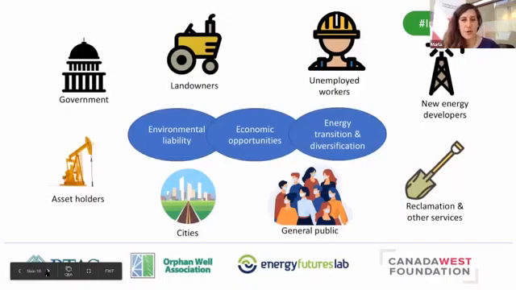As we saw in that first poll, there's a lot of diverse interests, all of whom have some angle on this problem. In my mind, there are sort of three buckets that people's interests cluster around: the environmental liability and making sure that things get cleaned up and that the financial liability that's associated with it comes off the books, as well as making sure that the integrity of the environment is maintained. There's the economic opportunity, both the economic opportunity writ large in terms of producing energy, producing a commodity that people want, and also the jobs that come along with it. And then there's the concept of energy transition and diversification, taking the assets that we have and repurposing them for